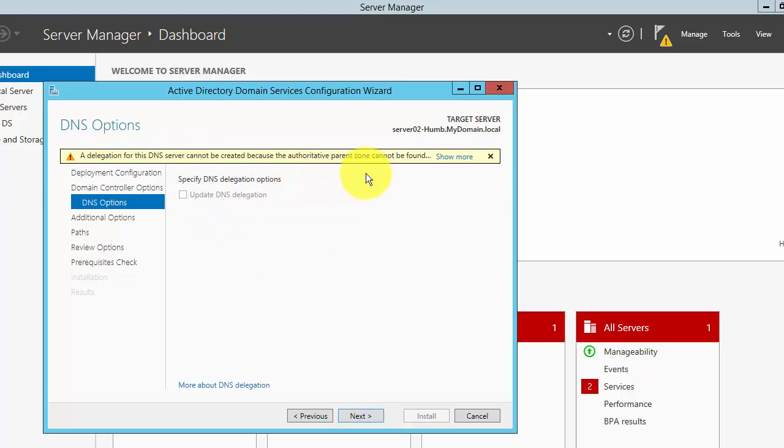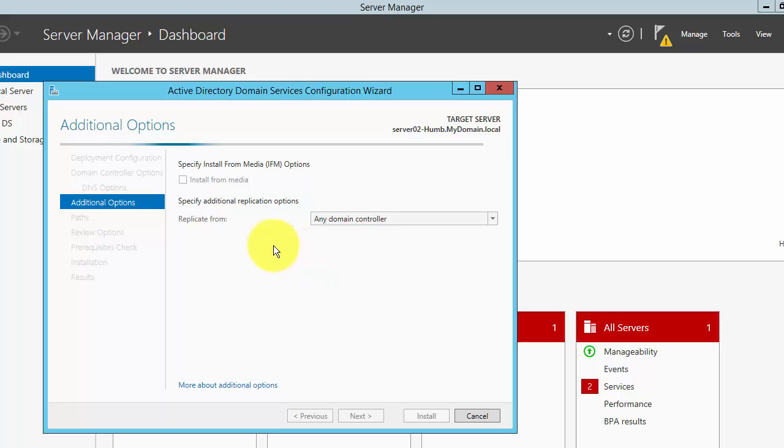It's looking for a DNS. We haven't installed a DNS yet here, so we can safely ignore this option, right? Next. Install from media is for when we have two branches and we want to